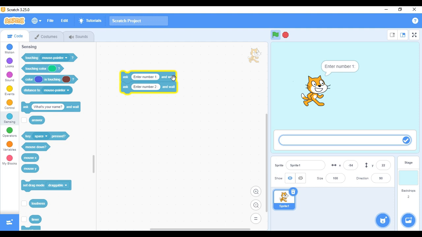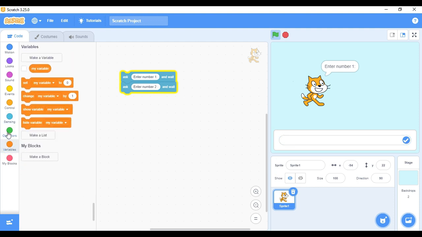Then what we have to do is add them together and display it as a total. The user just entered the numbers, but we didn't keep them in the memory. For that, we are going to use variables. Here you can see there's a block named variables. Variables means memory locations in the computer where the data is kept. We are naming them according to our purpose. When we store data in the computer using variables, we can recall them at any time using the variable names. That is the purpose of having a variable.